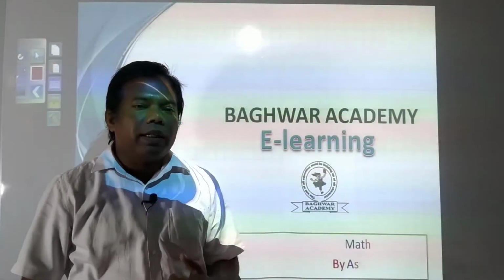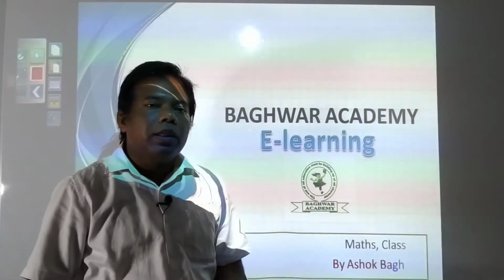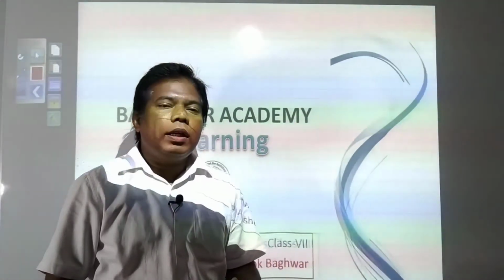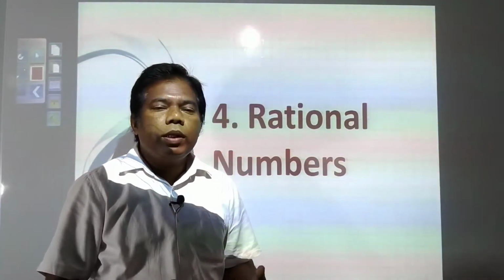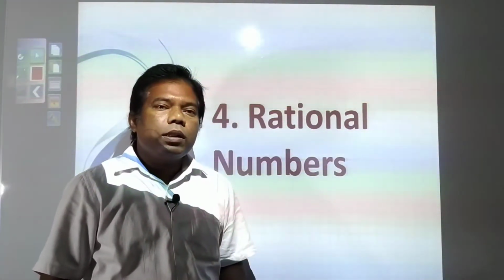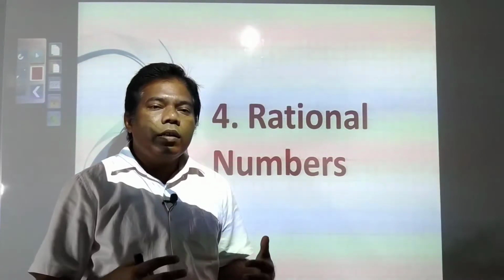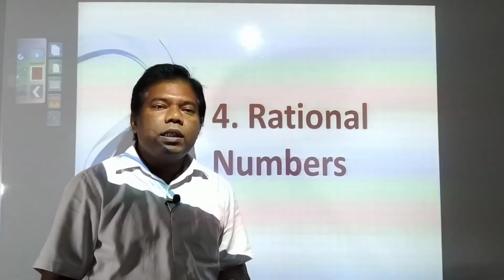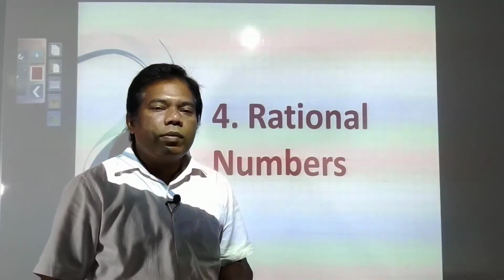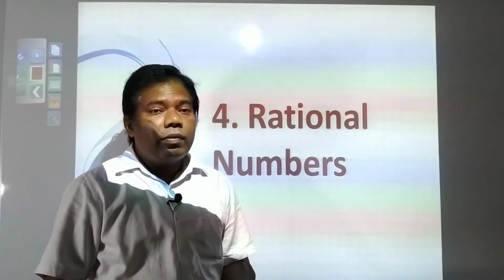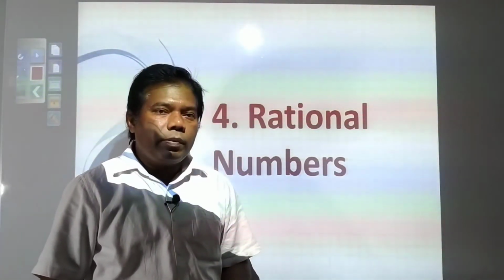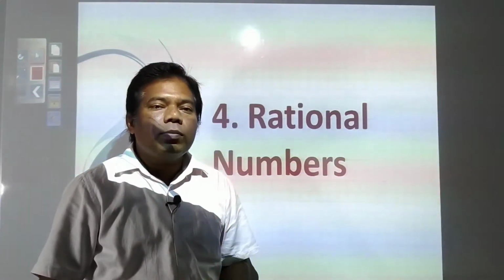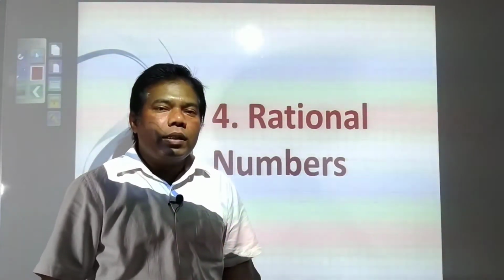As we have started a new chapter, that is rational numbers. Already we have seen many things. In the first video we saw rational numbers, whole numbers, integers, even rational numbers again, and we have seen equivalent rational numbers, positive rational numbers, negative rational numbers, standard form of a rational number, and many solved examples. And it was told to start exercise 4a. You must have started also.